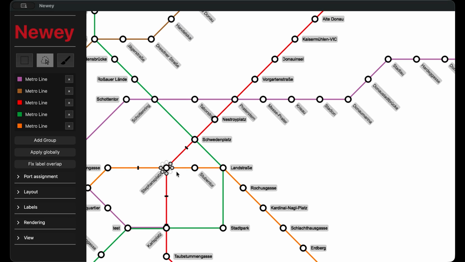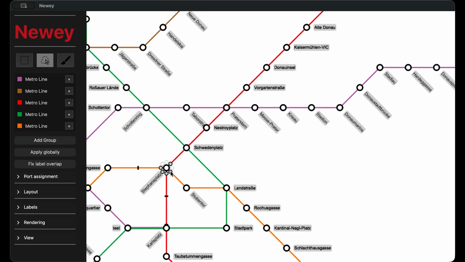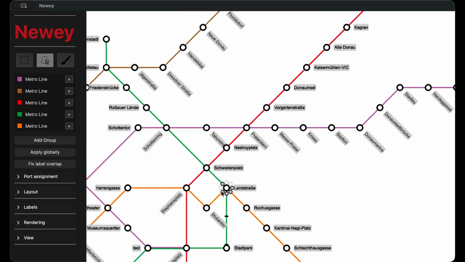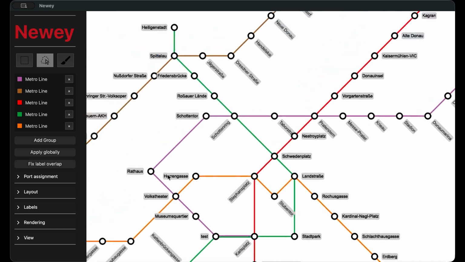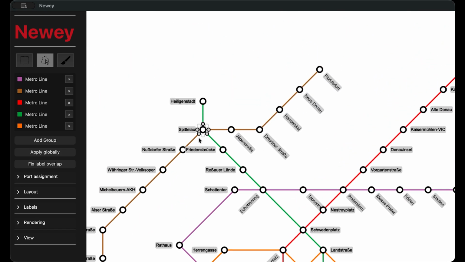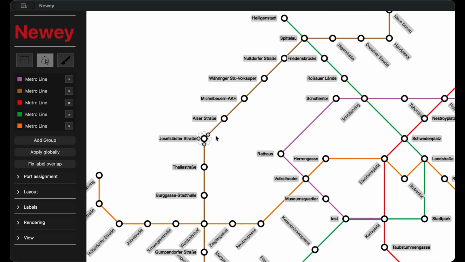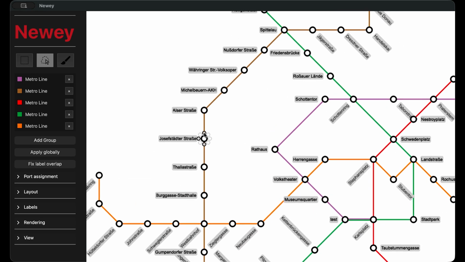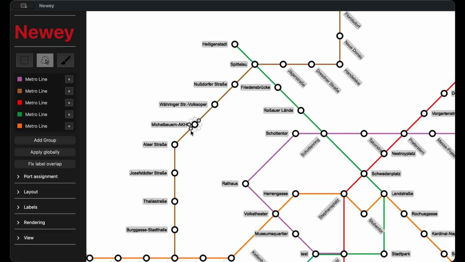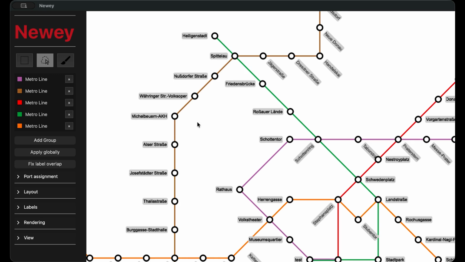So this here is Newey, which, as you can see, has labels for the stations. You can do the port assignment for edges exactly the same way as before. You can use this mouse over widget here to change the direction of an edge, and then the layout is updated automatically. That was the entire idea in Newey. A designer picks the direction of the edges, possibly assisted by an algorithm, and given those choices, the station positions